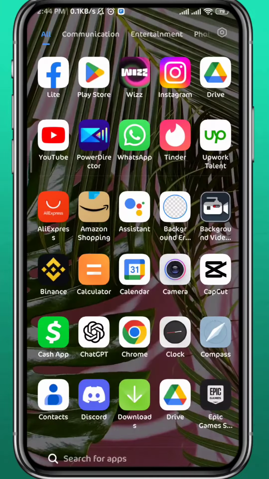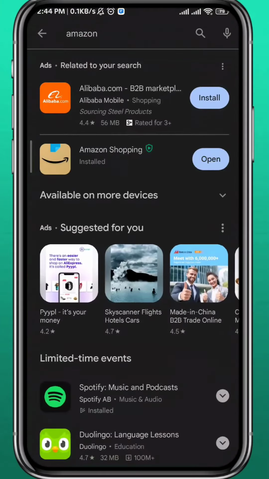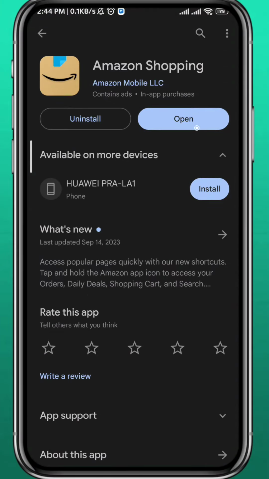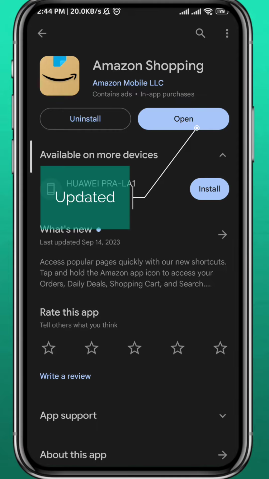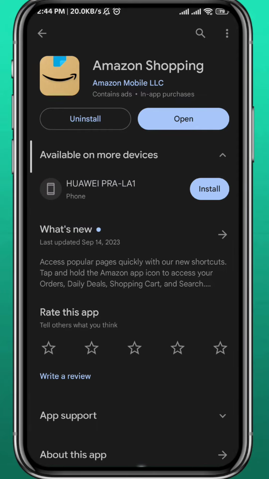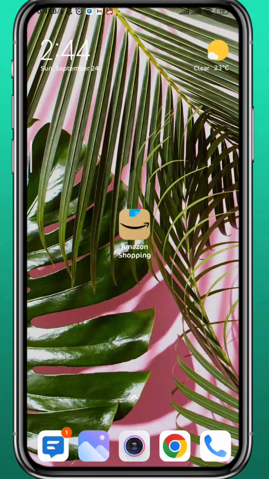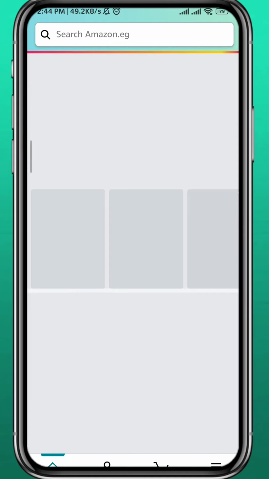Let's go ahead and open your Play Store or App Store, depending on what device you're on. Head over to Amazon from there and make sure you have the app updated for everything to work properly. After that, quit the store and you can finally go ahead and open the Amazon app. Of course, make sure you are logged into your account, and once the app loads up, go ahead and tap